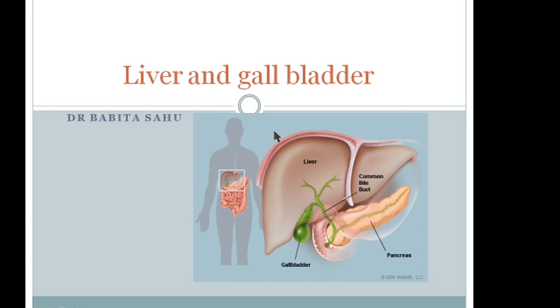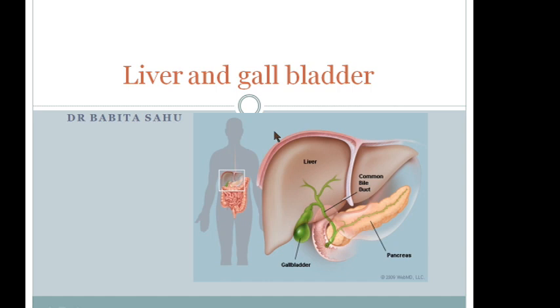Okay, I'm going to cover liver and gallbladder under these headings: function and anatomy, under which lobes, lobules, hepatocytes, portal triad, biliary system, blood supply, then composition and properties of bile, function of bile, bile salts, bile pigments, function of liver and gallbladder, regulation of bile secretion, then applied physiology. So let's start the class from the functional anatomy.